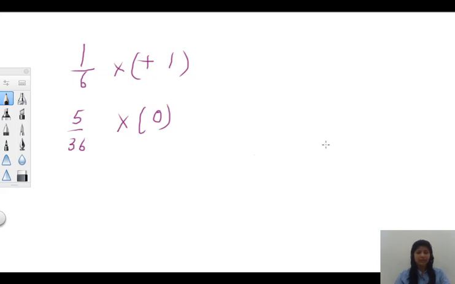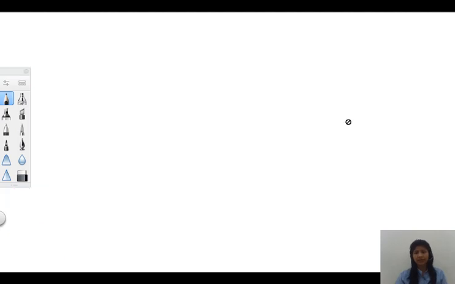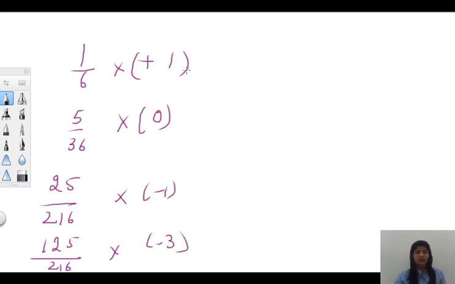In the third one, the probability is as follows, as you can see from here, 25 upon 216, and the amount is minus 1. So I'm writing that, 25 upon 216 and the amount is minus 1. And the last one, the probability is 125 upon 216 and the amount is minus 3. So what you have to do is multiply them like this. 1 by 6 times 1, it will be 0. It will be minus 25 upon 216. The next one will be minus